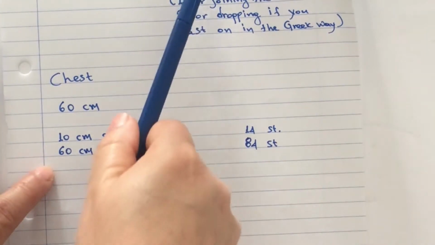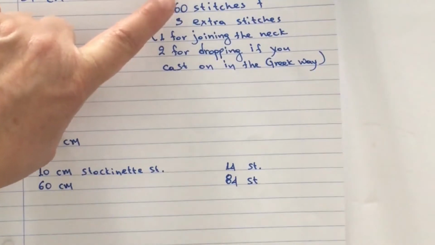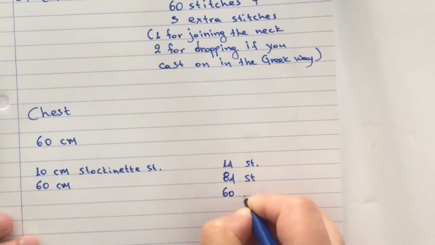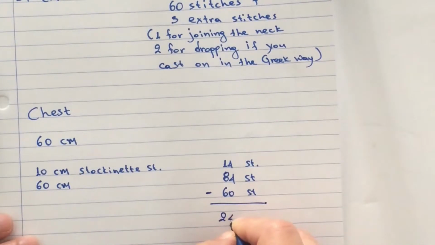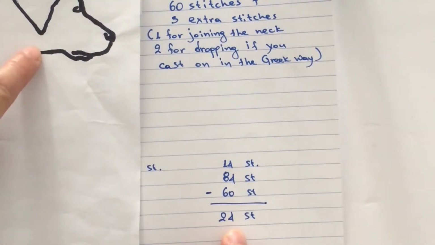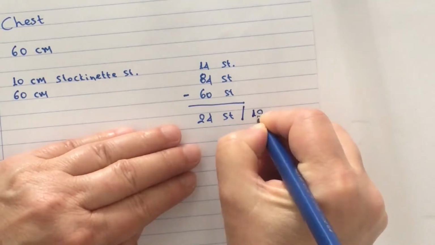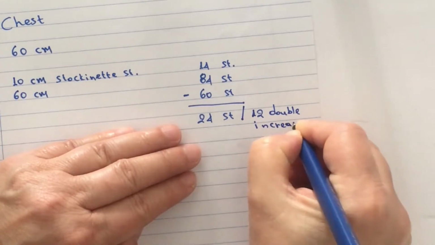But there is another thing that I should take into consideration, that I already have 60 stitches from the neck. So I'm going to calculate the difference. I already have 60 stitches, which I used for the knitting of the rib stitch of the neck. So I'm going to take 60 out of 84, and my difference is 24 stitches. So I need to add 24 stitches in order to get from the width of the neck to the width